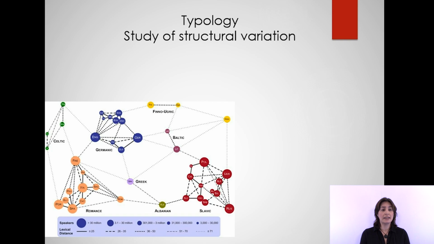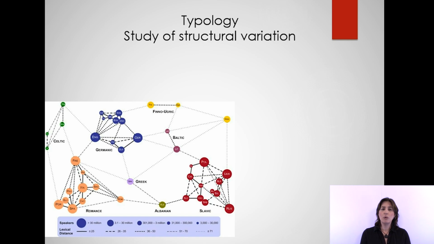Look at the diagram on lexical distances from the Romance family in the slide. This is a genetic family, but typology is also interested in the comparison between non-related languages that might have influenced each other due to being in contact, that is, in situations of bilingualism. Typologists can dedicate their efforts to make qualitative observations about a single language or group of languages in order to advance in the description and explanation of their grammars, oftentimes collecting fascinating data that reveals a new twist on the complexity of the human linguistic systems that had not been detected before.